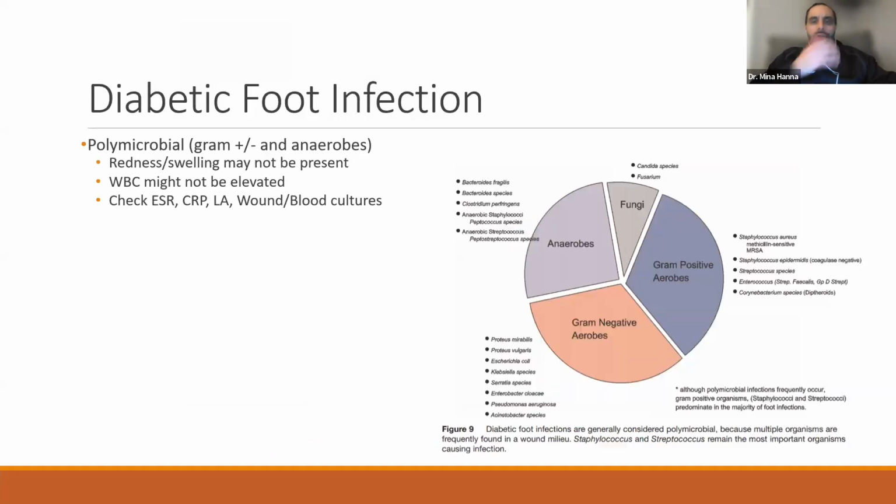So diabetic foot infections are complex because they involve a lot of organisms. This is the most common organism seen in a diabetic foot infection. Somebody who doesn't have diabetes usually develops an infection with staph or strep, right? Here you have all types of organisms that